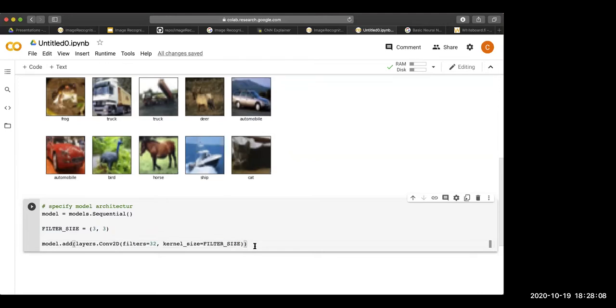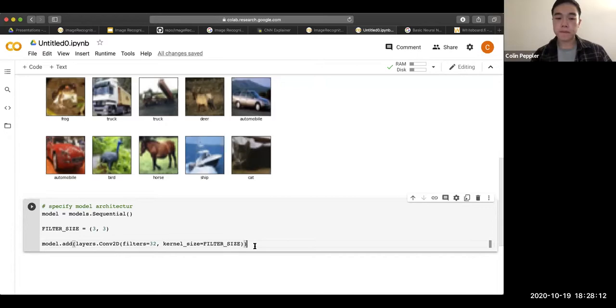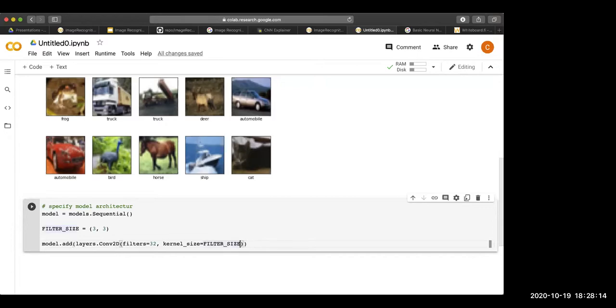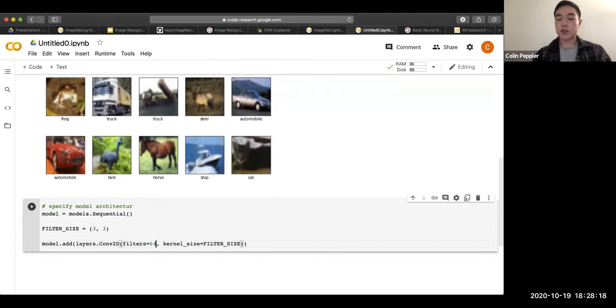So why 32 for the filters? Why does the filters equal 32? It's just the number of neurons. We could change it to like 64. It's common to use something that's a power of 2, but you could do 100. It's just whatever